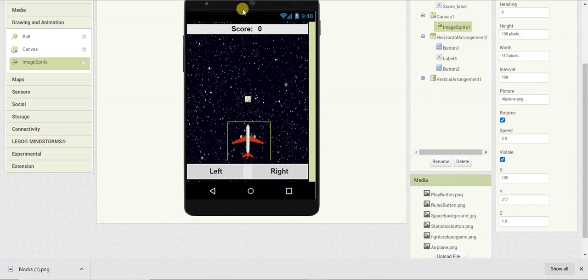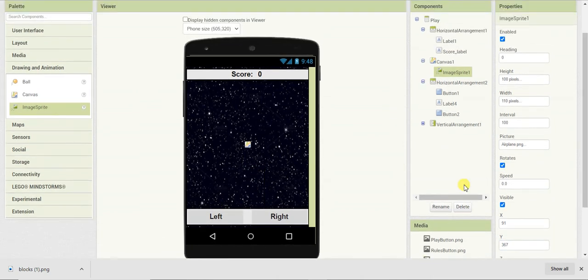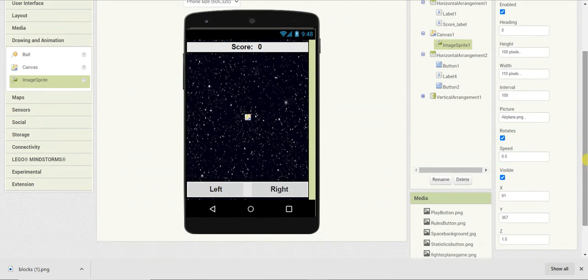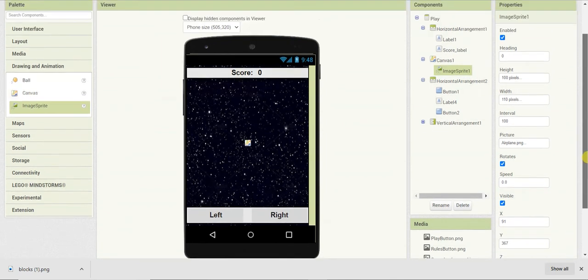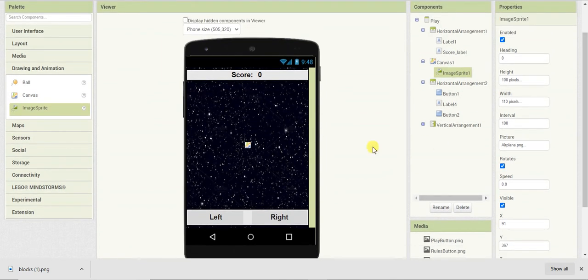As we all know, x is the horizontal value and y is the vertical value. So x we will keep as around 91, and y as 367. I had already configured these x and y coordinates so that it's easy to place all the image sprites at the proper position.